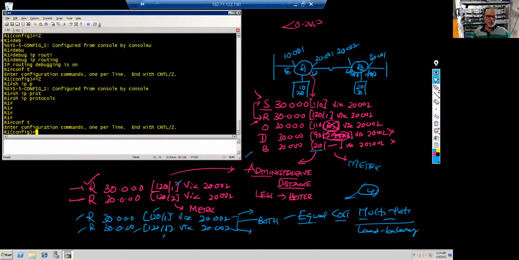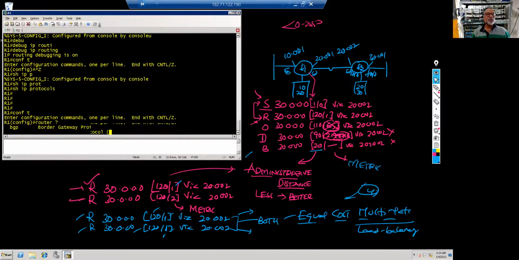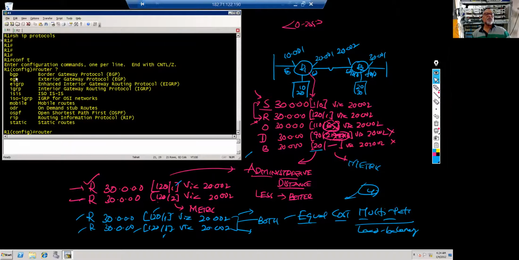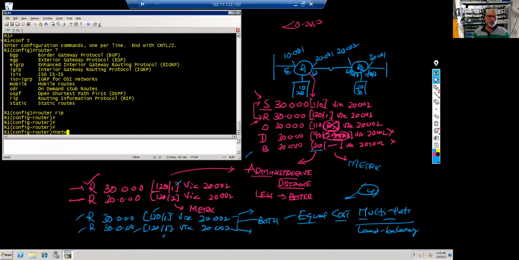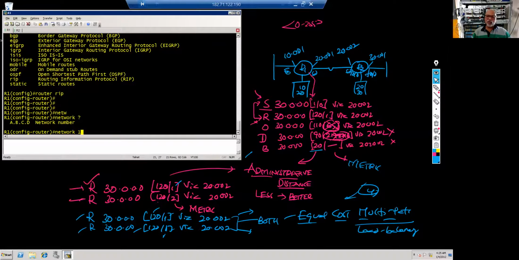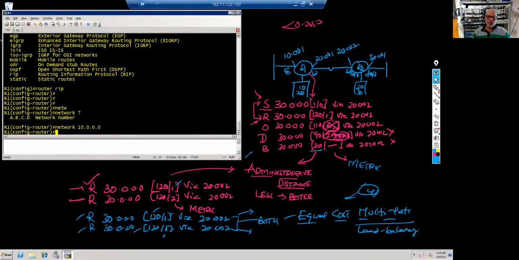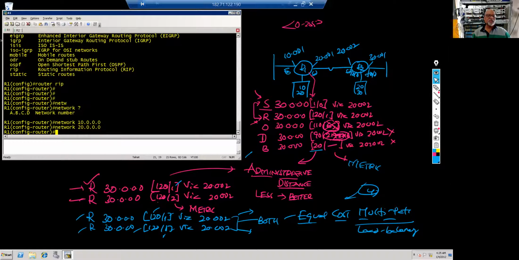Now if you see router, put a question mark. See, you have these protocols. BGP, EGP is not there now. EIGRP is there. IGRP is not there now, it's an old one. IS-IS is there. So anyway, you're learning RIP. Too many things the first time, it will be confusing. Let's see RIP. Network. So you tell which network you want to broadcast for. Network 10.